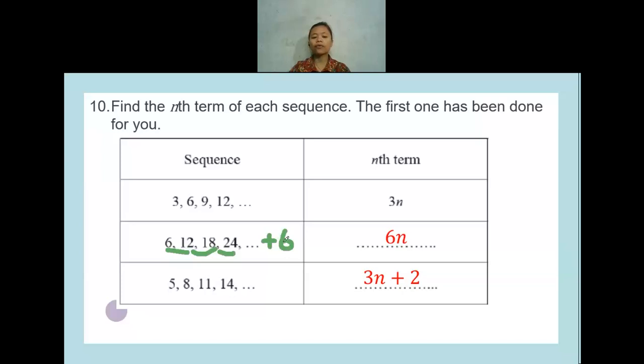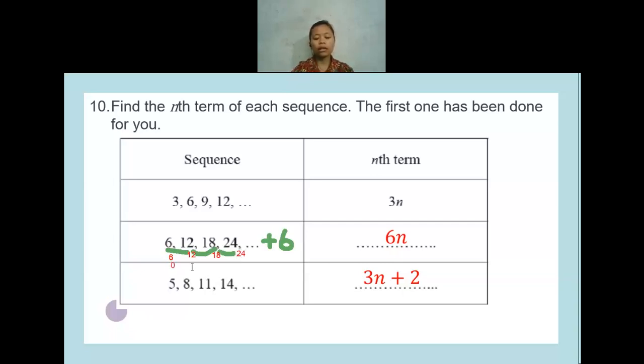And then after that, you need to find the multiples of 6. The multiples of 6 can be 6, 12, 18, and 24. So we write it down: 6, after 6 is 12, after that 18 and also 24. And then we find the difference. Between 6 and 6, the difference is 0. Between 12 and 12, the difference is 0. So all the differences are balanced, all of them are 0.